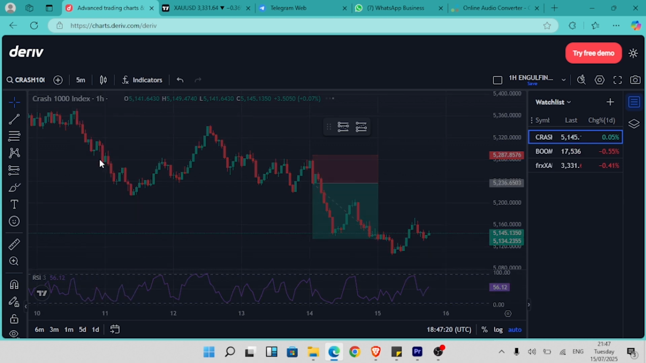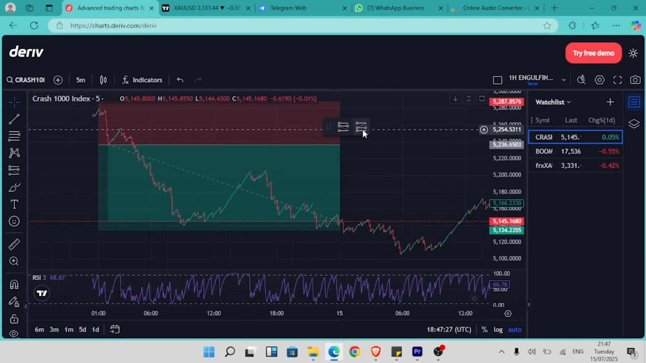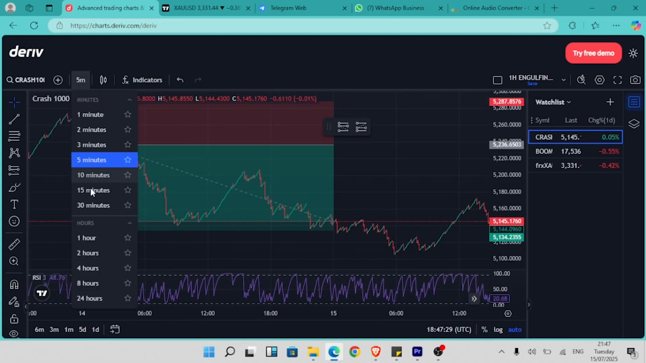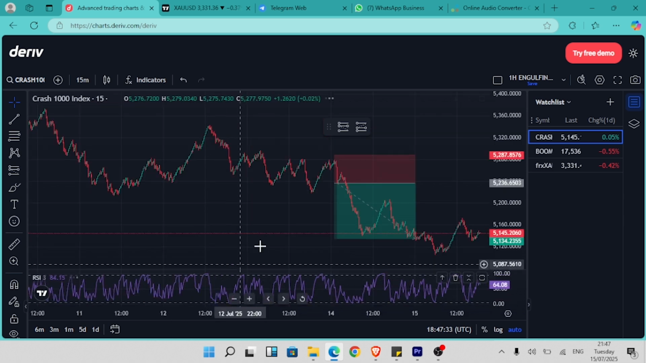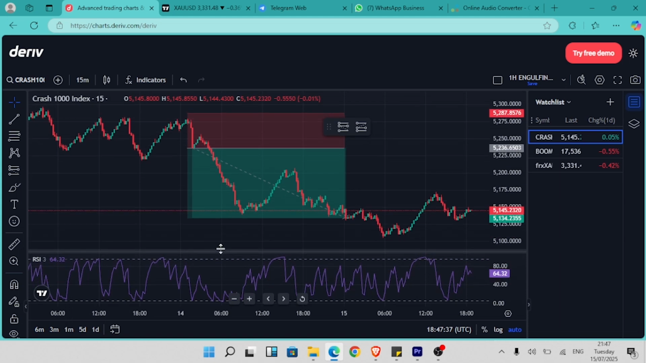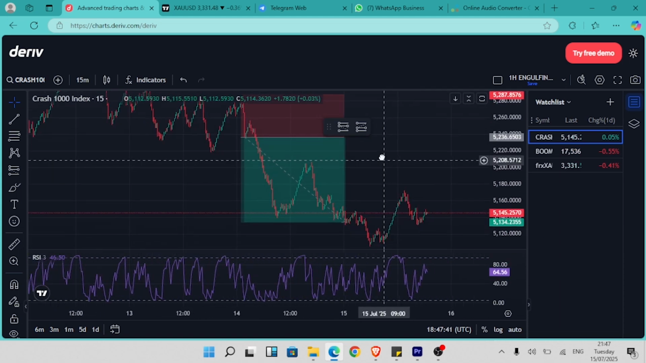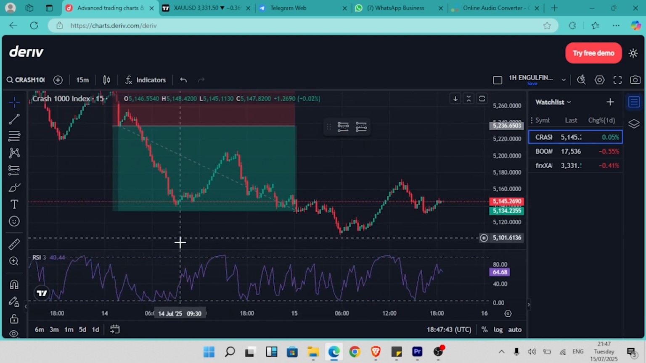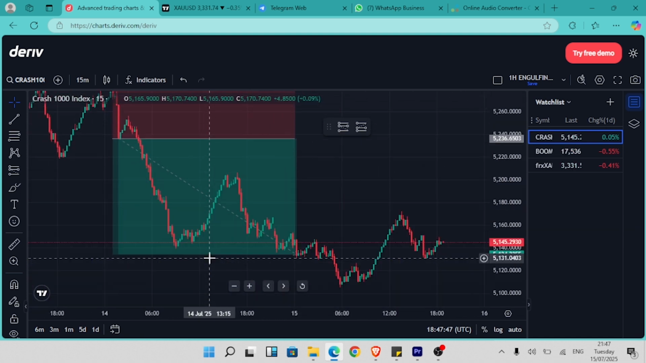Apart from using the 5-minute time frame, you can also use the 15-minute time frame. Let's look at this example here in the 15-minute time frame. Still using the same RSI settings, you will still be presented with similar opportunities, but this time there will be fewer opportunities because the 15-minute time frame is a bit longer. Now, at this point, you can see price got into